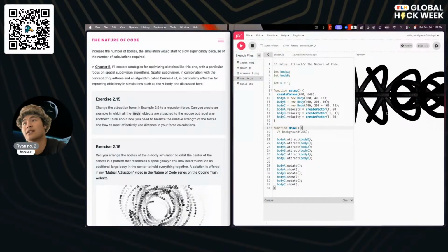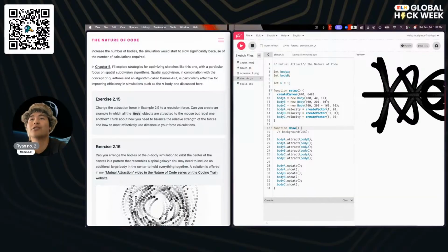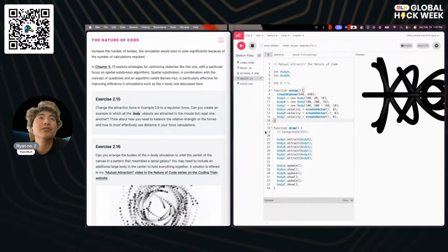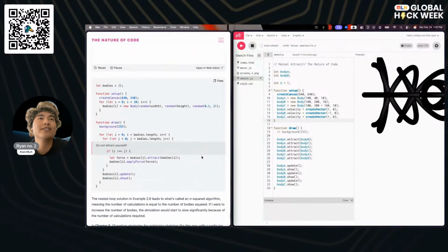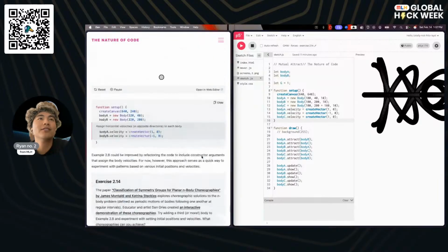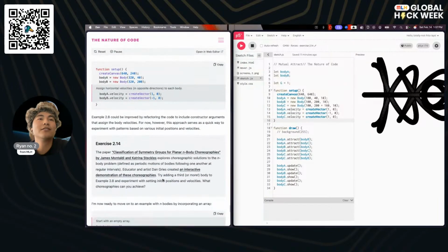This was also really satisfying too, with the planar N body choreographies. So satisfying.